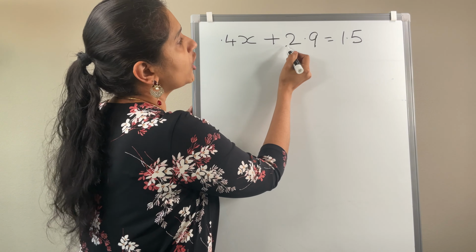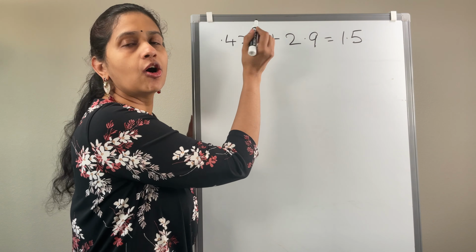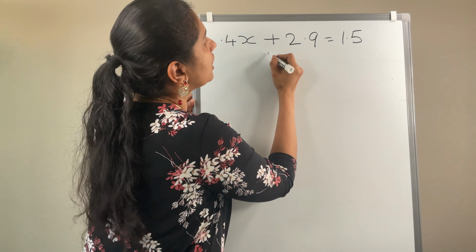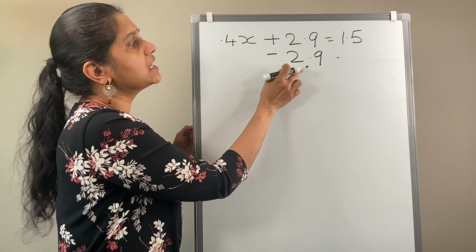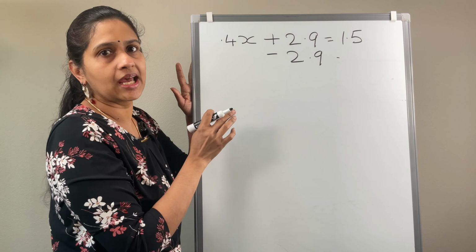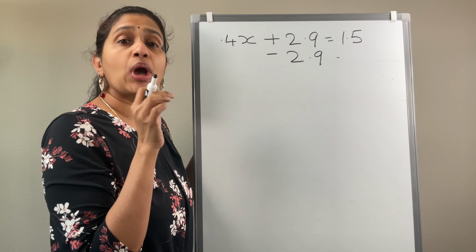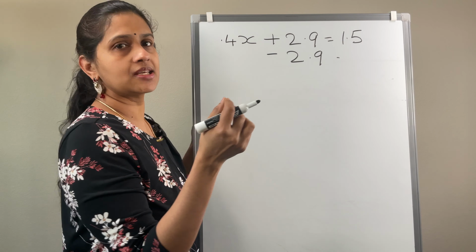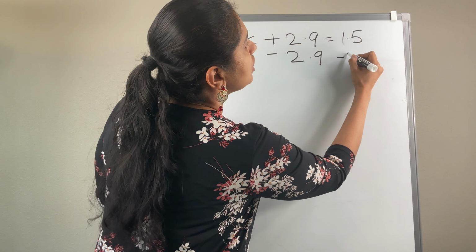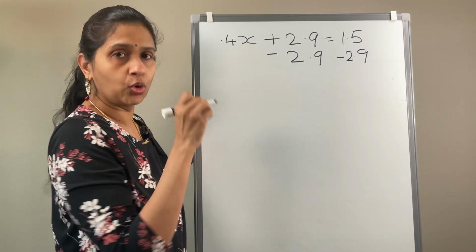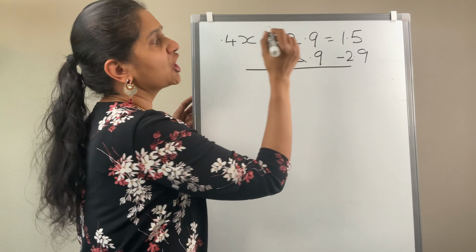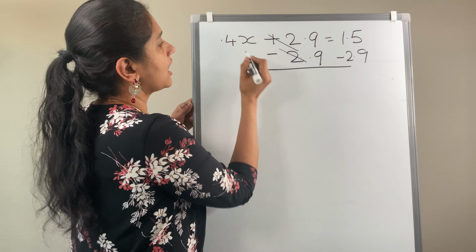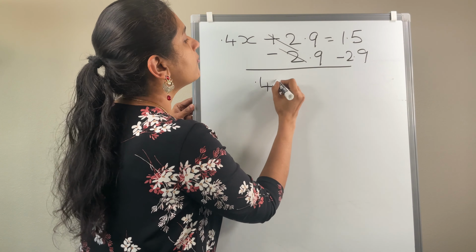So, in order to avoid this, we have to take the inverse of positive 2.9, which is negative 2.9. So, I am subtracting 2.9 on one side. To balance the equation, you have to do the same thing on the other side also. So, I am subtracting 2.9 from both the sides. As a result of this, positive 2.9 and negative 2.9 will get cancelled and you will be left with 0.4x on